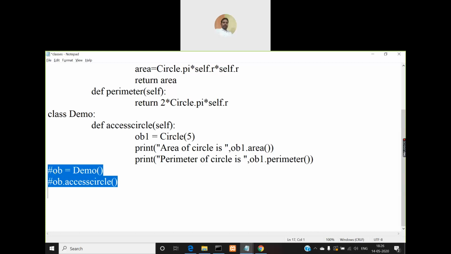So here you must create an object for at least one class, any of those classes, and try to call other class members from that class at least. If it is not possible, you can create objects even for both the classes outside the class itself, here itself. But to show you that you can create objects for one class in another class, I'm demonstrating here and I've written the program in that way. Okay, so now I'll remove this one.